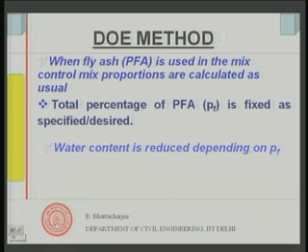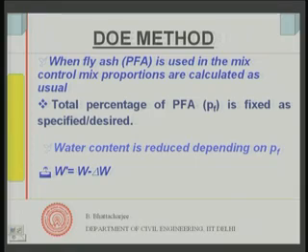Then, if you remember, fly ash acts somewhat like a plasticizer, a similar effect, because of its spherical shape. If you can recall the discussion we had on the effect of various kinds of admixtures on workability of concrete, we said that for the same workability and cohesiveness, fly ash would reduce the water demand because of its spherical shape. Generally the sizes being fine, they will have some sort of pore filling effect, and they can also have a ball bearing action, and therefore they reduce the water content. So, the first thing it does is reduce the water content.